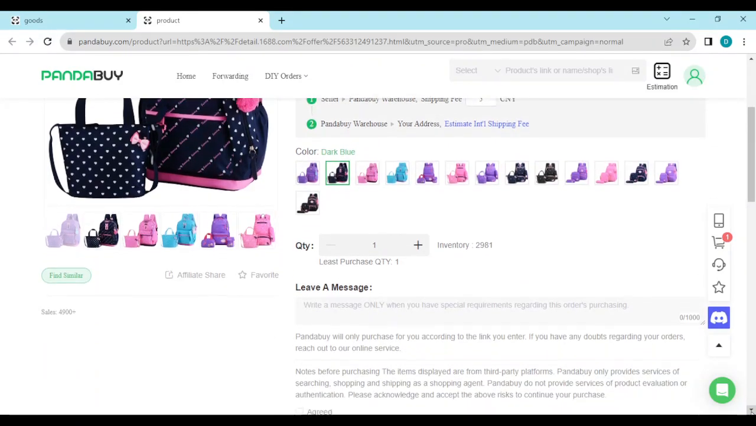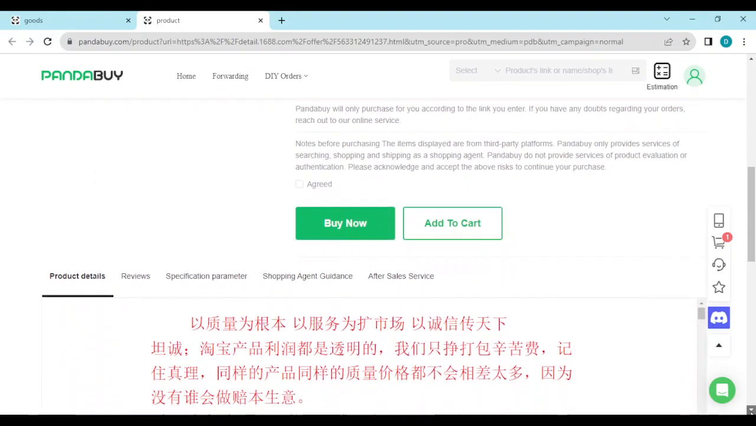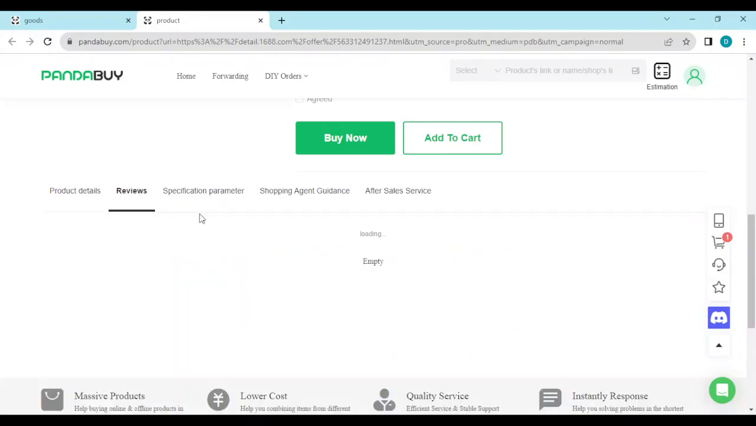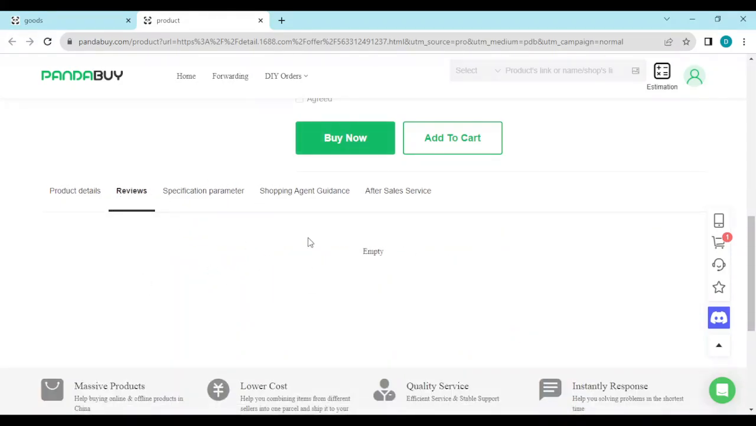For you to check the reviews, just scroll down on the product's page, and then when you scroll down, you'll see product details, reviews, specification parameters. Just go ahead and click on reviews. So currently the reviews for this product is empty, so it's left to you if you would want to take the risk and get it. But for other products, definitely you would see reviews here for products that have been purchased more often and people give reviews on them. So you can just check the reviews to be sure if you want to get it,